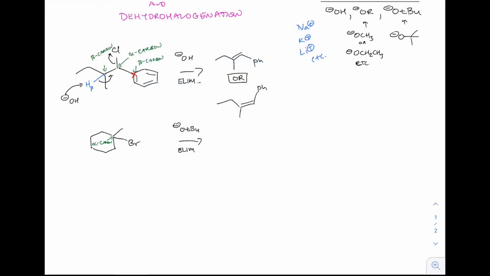So, alpha carbon identified. This one's fun because we've got 3 beta carbons and also 3 beta hydrogens. So how many different products do you think we're going to get? Well, we can draw each of those, right? I'm going to swoop on each of these protons with the tert butoxide, which then creates that alkene product. So let's go ahead and